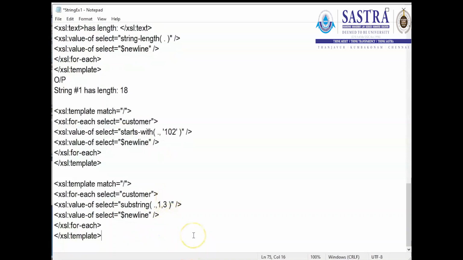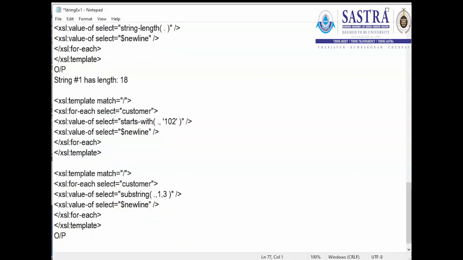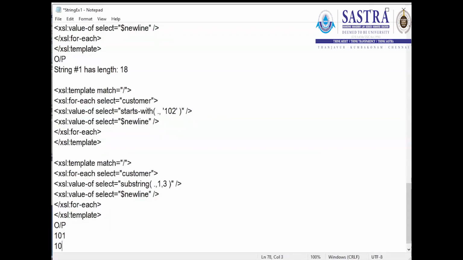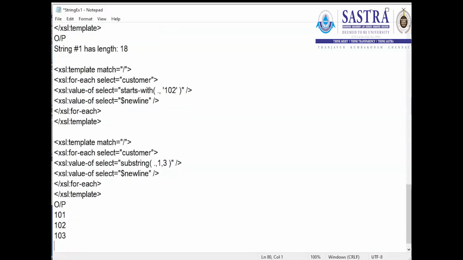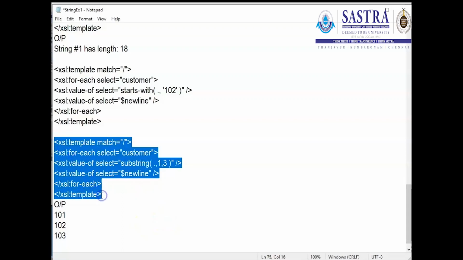The output of this is, for each and every record it extracts 3 characters, so that 101, 102, 103 will be the output for this substring function. And then again the next function usage,